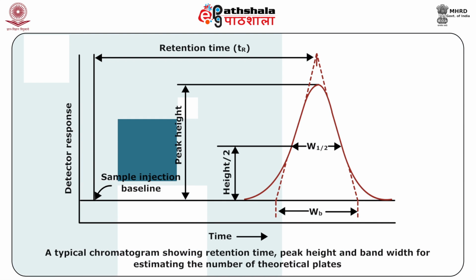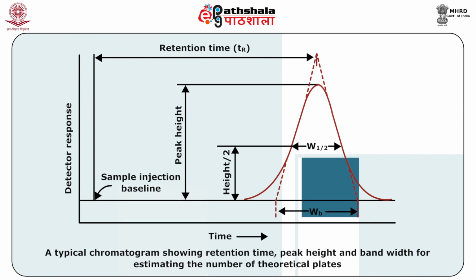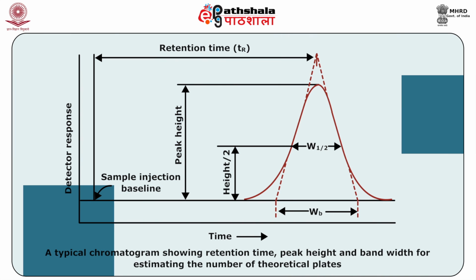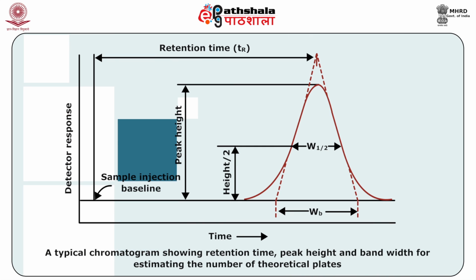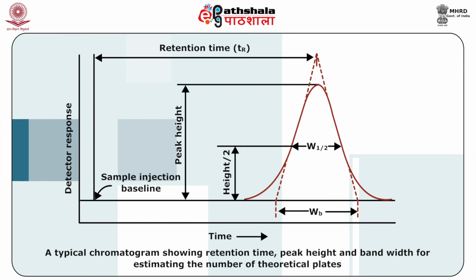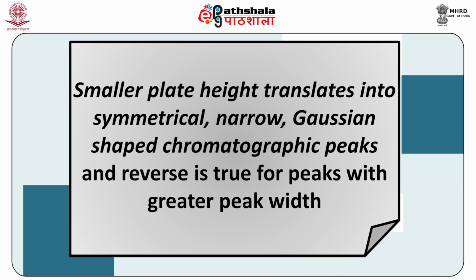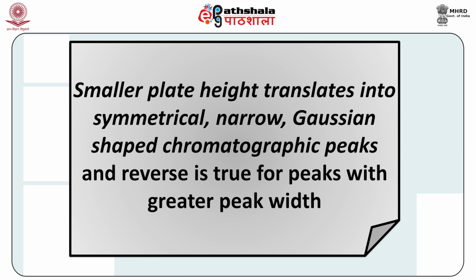W is the peak width or bandwidth. W1/2 is the bandwidth at half height of the peak. We can assess the efficiency of the column from the chromatogram by visualizing the shape of the peaks. A smaller plate height translates into symmetrical, narrow, Gaussian shaped chromatographic peaks, and the reverse is true for peaks with greater